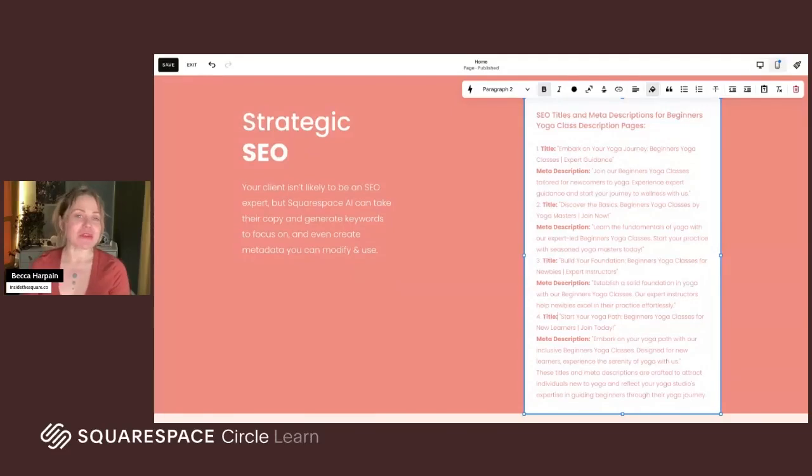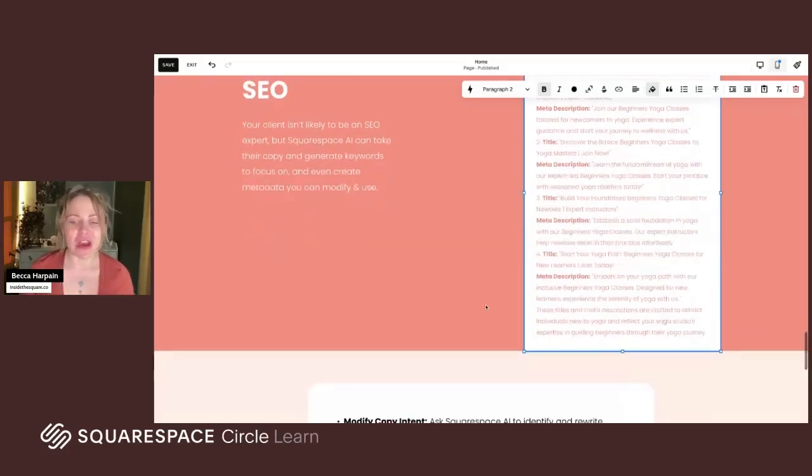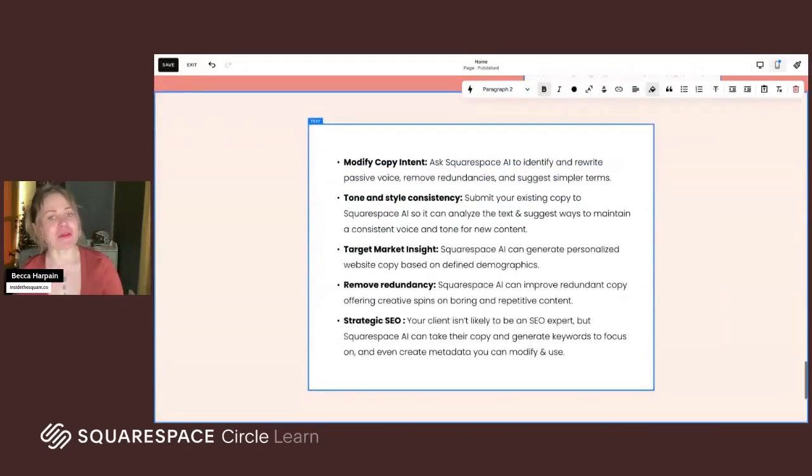So again, you can use something super simple in that prompt, providing the tone, providing the context and the target market, and Squarespace AI can generate some really creative and strategic SEO options for you. So I've got a little recap down here, and then I'm going to share with you all those prompts I talked about. So modify copy intent. You can ask Squarespace AI to identify the actual context or copy of a site and rewrite it for you